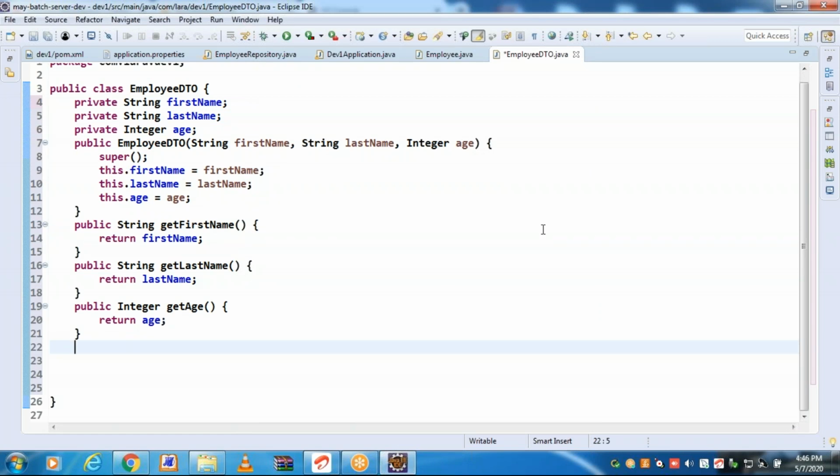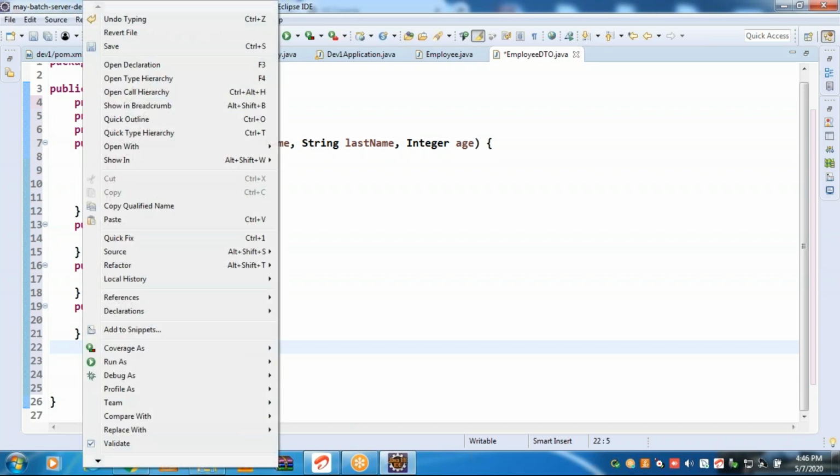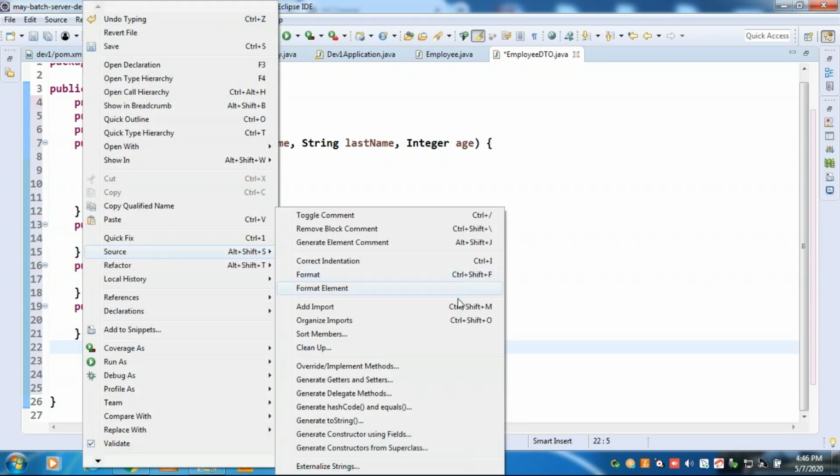Similarly, if you wanted, you can override toString method as well. You can use getter methods or toString method. I'll go for toString method. Again, right click at line number 22. Go to the source.